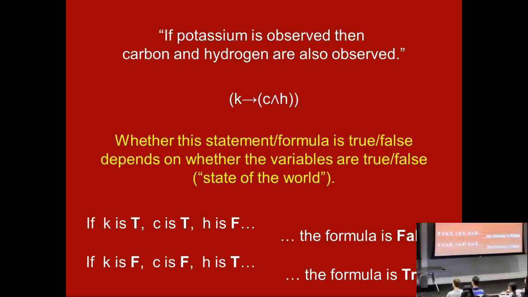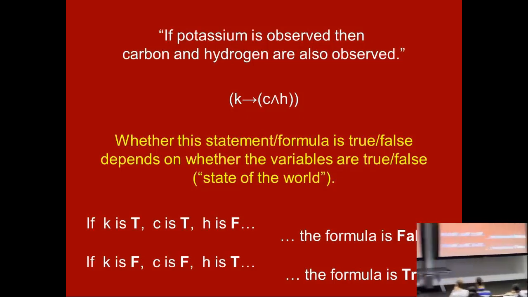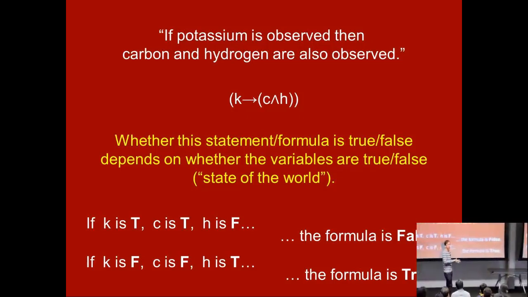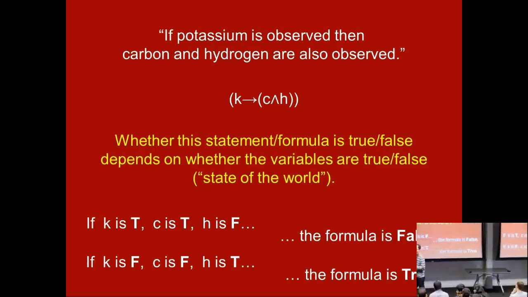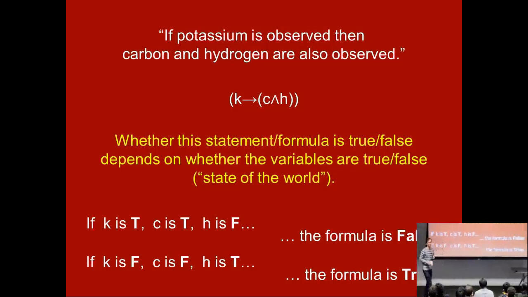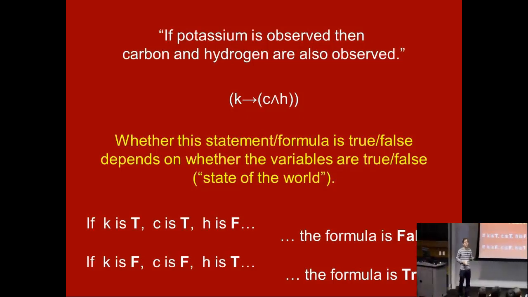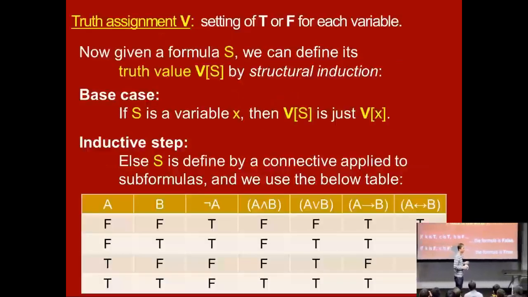So, just to illustrate that, whether a formula is true or false depends on whether the variables are set to true or false. Can you say a formula is true if it's a tautology? We will get to exactly this point. Some formulas are always true for all settings of the variables. Those are called tautologies, and we'll get to them. But I prefer to say that a formula by itself is not inherently true or false. But it's a good point.